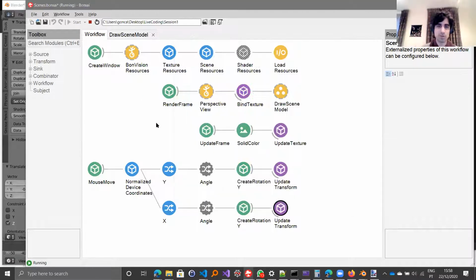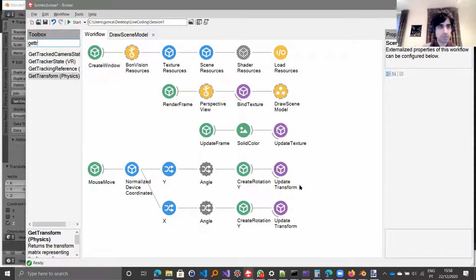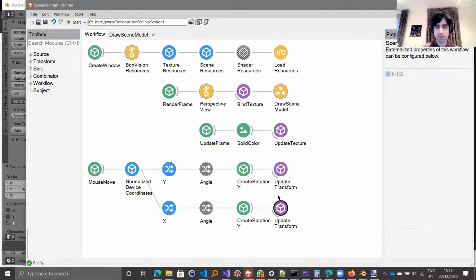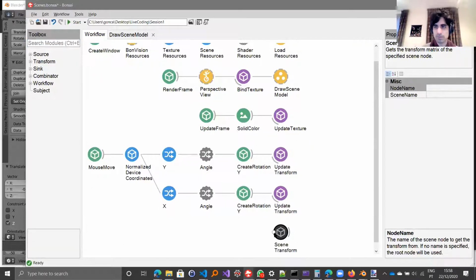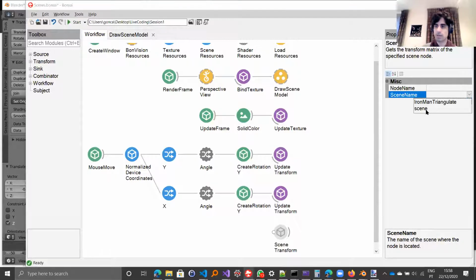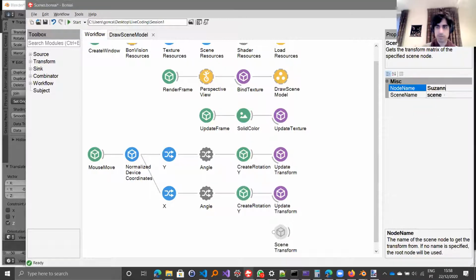If you don't want to do that, then you have to get the transformation from the scene, which I think you can also do. You have to say scene transform, I think here. Yeah, so the scene transform gets you the transform matrix of the scene node. So you can also read it. So update transform will set the transform, and scene transform will read the transform. So you can also say, okay, I want to take the Suzanne's transform, and instead of just forcing it,